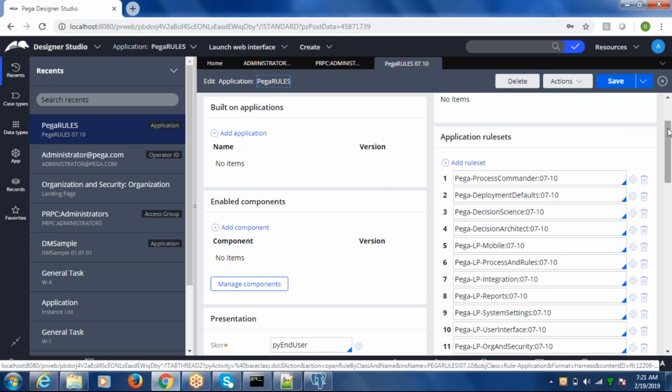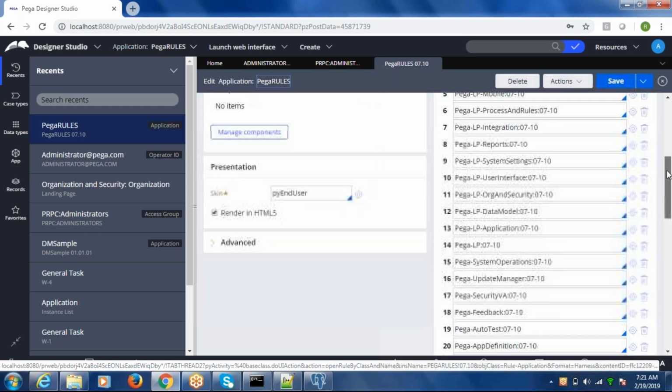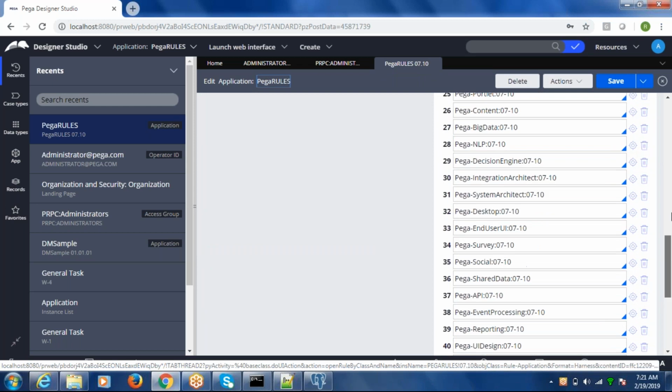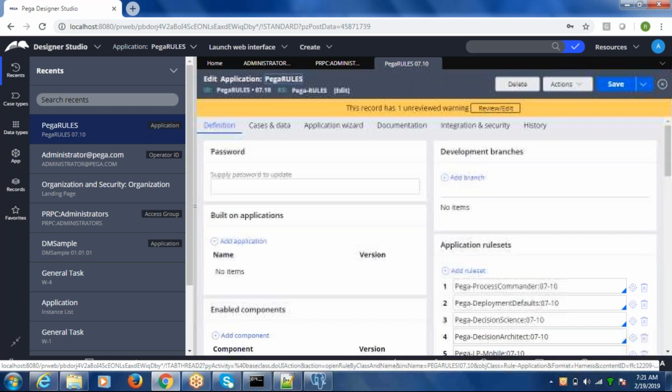All right, so there are multiple rule sets in this application, but in general we'll try to maintain less than 10, so that it is easy to maintain as well. In case required, we can have one more application created, and we can have those application-specific rule sets added to it. All right, so the rule sets which are used by this application, you will list down in this area. All the rule sets which you will work with and use for this application, you will list down here.